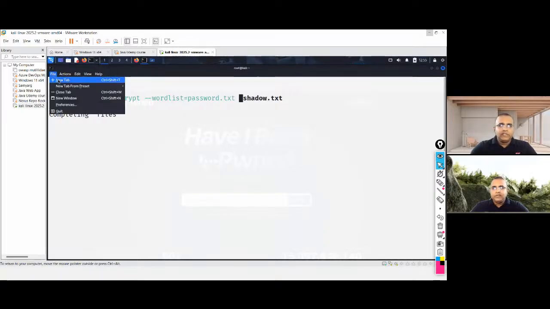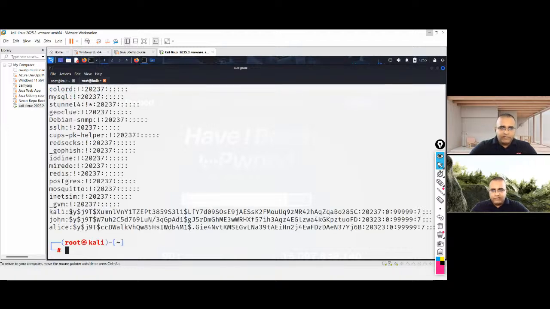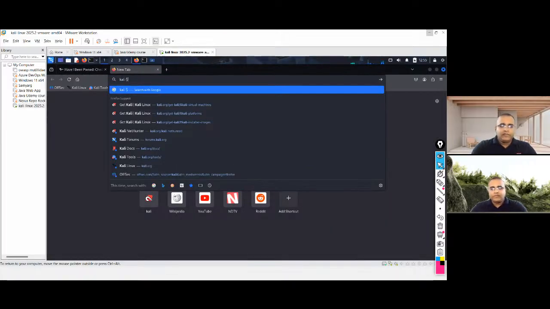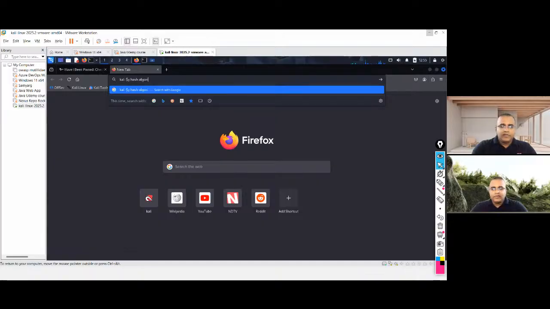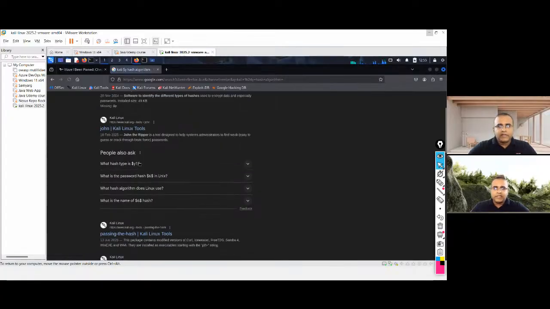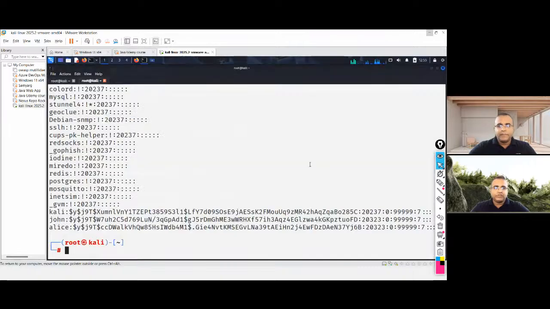So here, what is happening in Kali Linux? In Kali Linux, cat /etc/shadow. You can see there's a $y. So $y stands for what? It is an algorithm that I'm using out there, right? So you can see, check it out. Kali $y. Right, so it will tell you what is the algorithm that is going to be present out there, right? What hash type is it? It is yescrypt. Okay, crypt. This is the algorithm that is used. Okay, so that I have to specify to the tool, that is the John the Ripper tool.